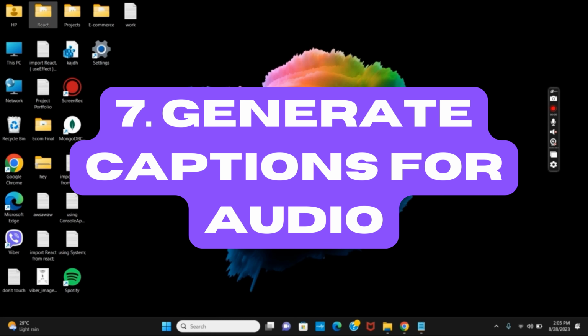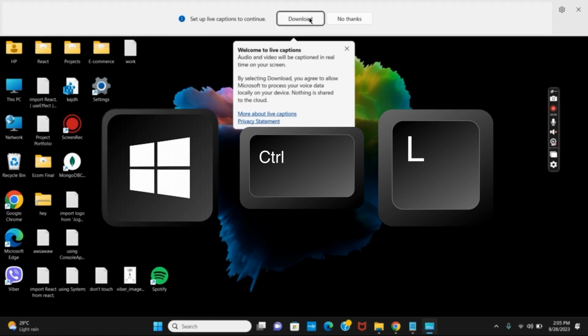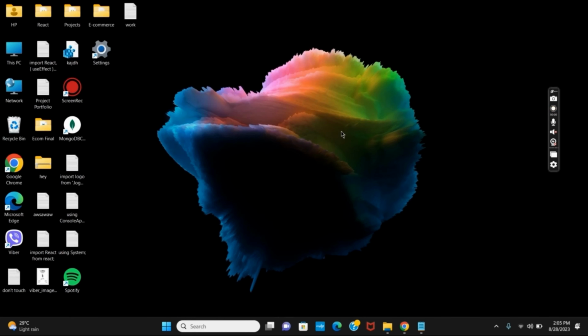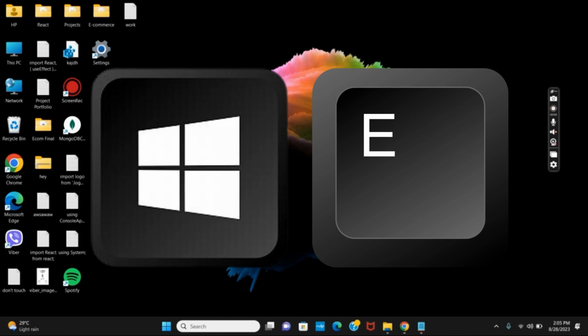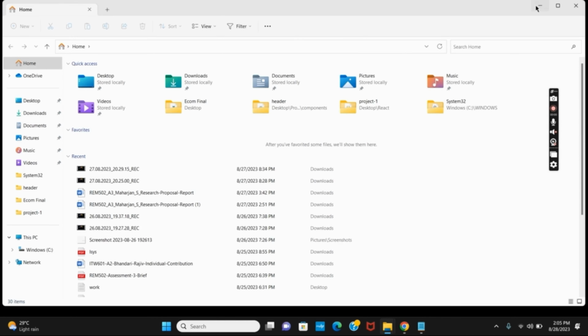Moving on to captions for audio, we have shortcut number 7. Press Windows plus Ctrl plus L and you can download live captions for the audio. For shortcut number 8, we have File Explorer. If you need to access your files in a flash, press Windows plus E and it will